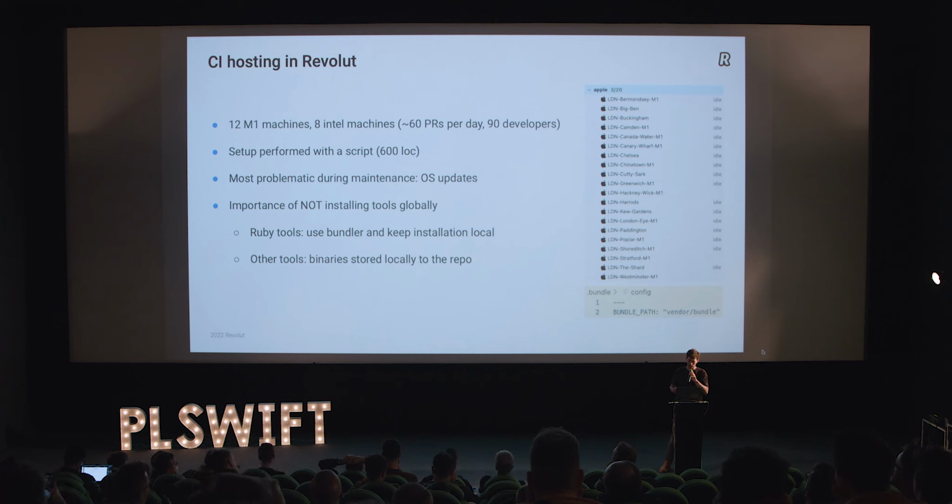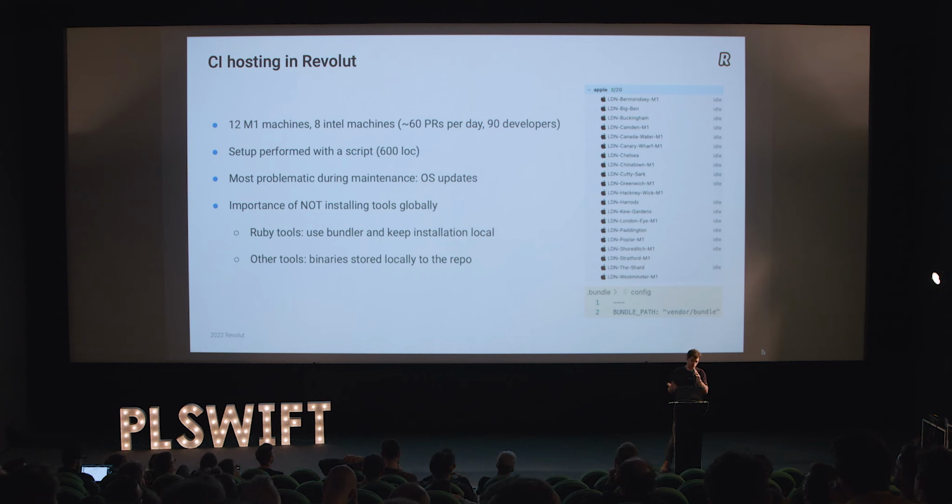And the most problematic still is operating system updates because it's difficult to make them remotely. So at the moment, we don't have so many machines. We have IT updating the operating system every year. So not a big deal for now, but consider if you're running a farm of like 100 machines, then it's going to be challenging. And an important mention: do not install tools globally, both for developer machines and for CI.